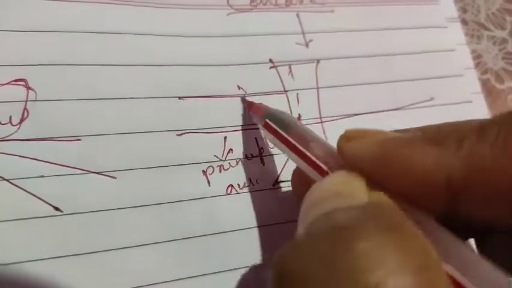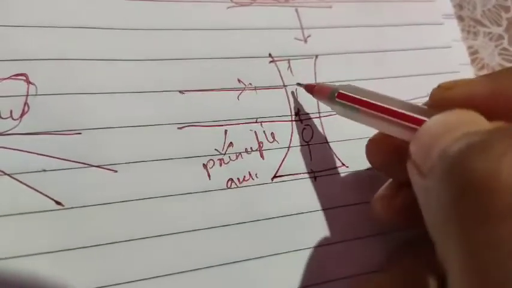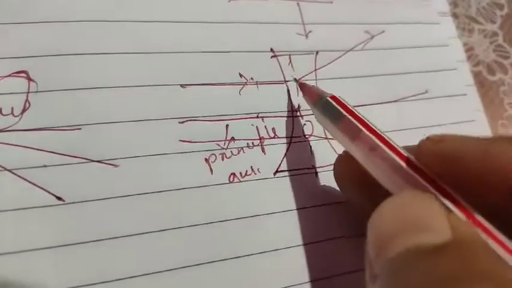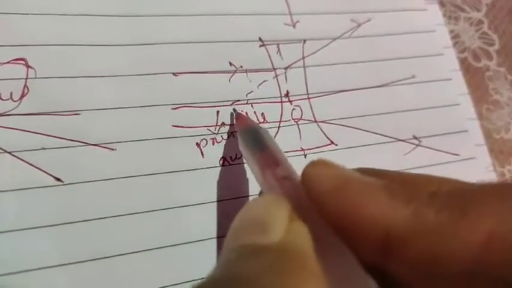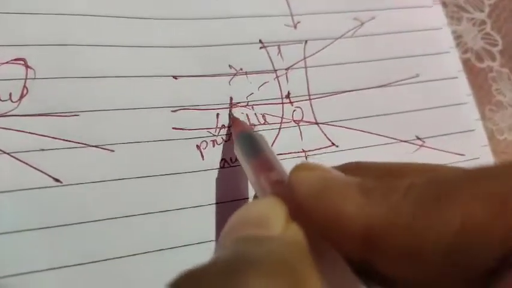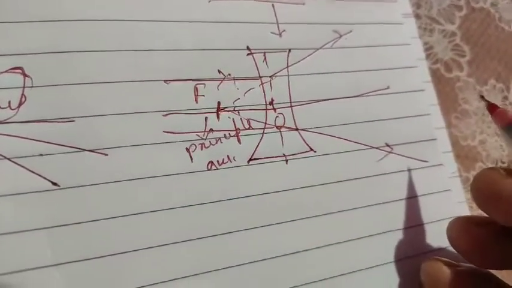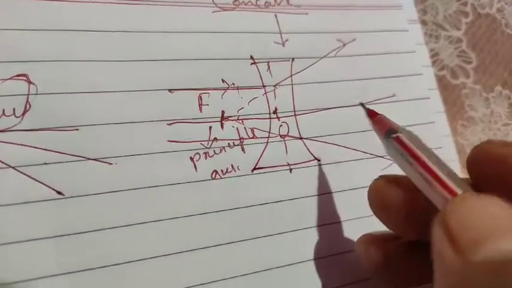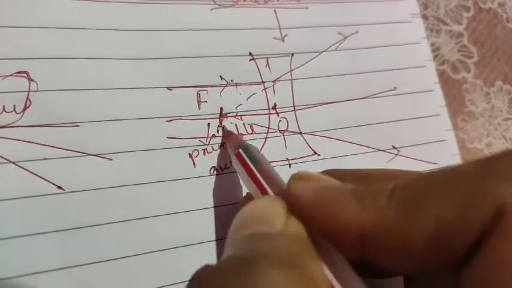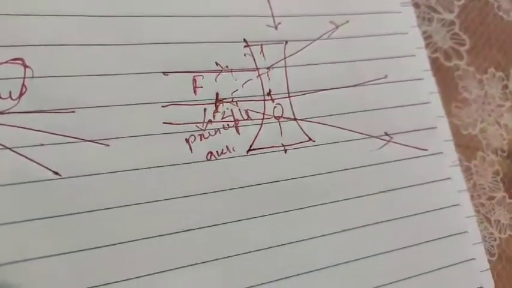And when you will take any ray, any ray you can take, incident light parallel to the principal axis. After refraction it will diverge, right? After refraction it will diverge, but the rule is that it should pass through the focus. So you take a dotted line like this, so you will get another focus here. Clear to you? So this is the focus F2. This surface focus F2.